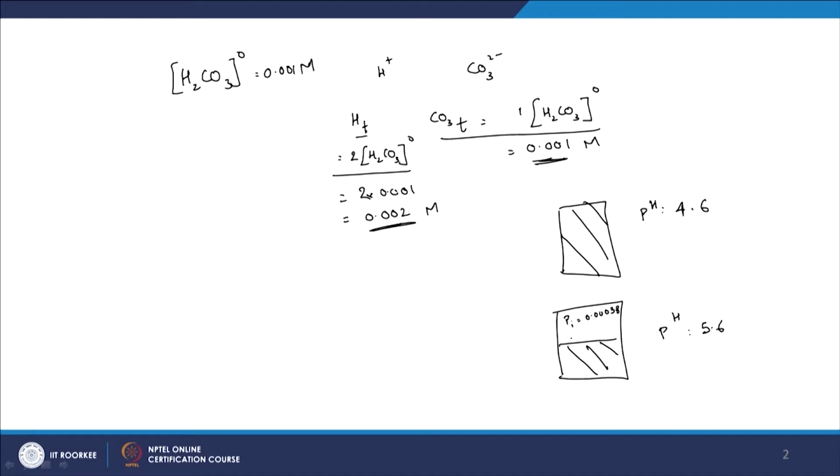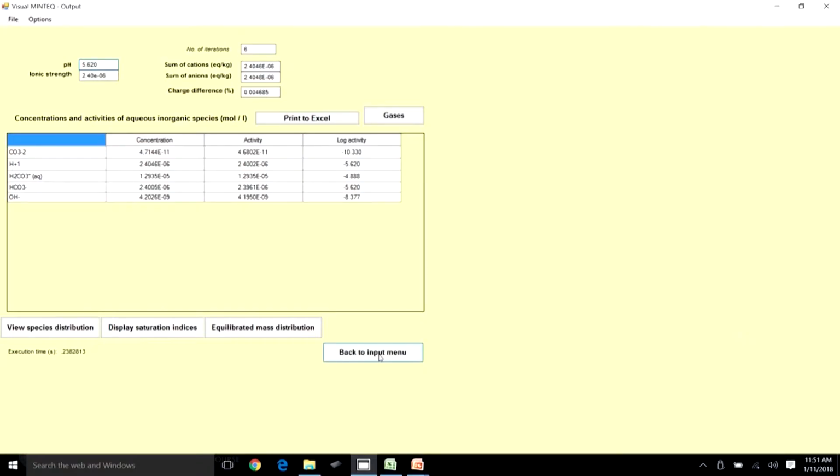So why is that? Because here the partial pressure seems to be less, and you can look at the Henry's constant and so on, but we are not going to go into that. So what happened was the CO3 or CO2, let's say, escaped to the gaseous phase. So now you have a net decrease in your acid concentration here, and that's why you see an increase in the pH. So now we'll move back to an open system, back to input menu.